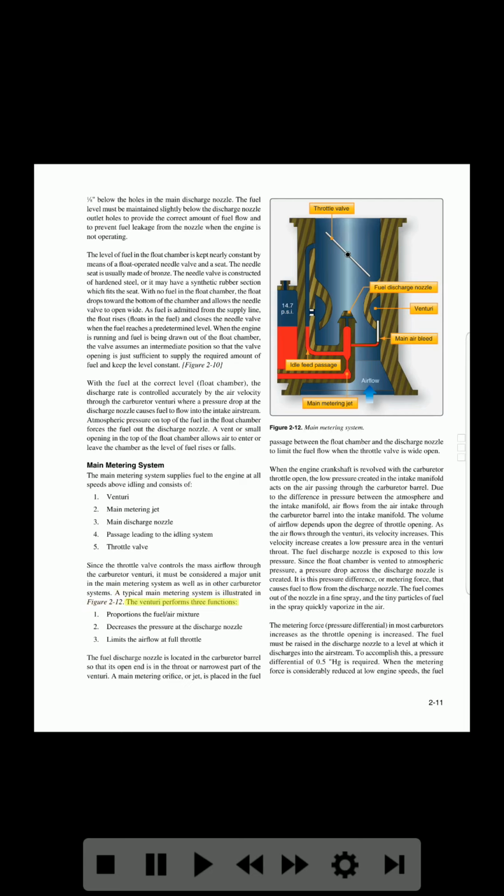The venturi performs 3 functions. 1. Proportions the fuel/air mixture. 2. Decreases the pressure at the discharge nozzle. 3. Limits the airflow at full throttle. The fuel discharge nozzle is located in the carburetor barrel, so that its open end is in the throat, or narrowest part, of the venturi. A main metering orifice, or jet, is placed in the fuel